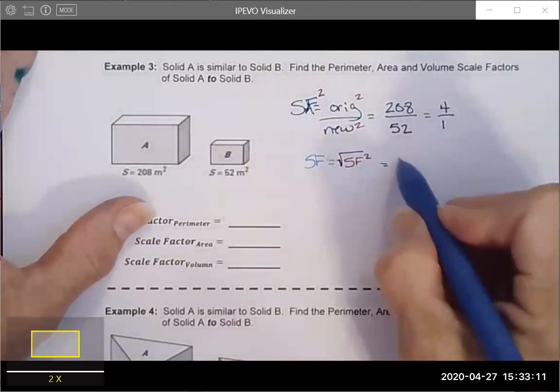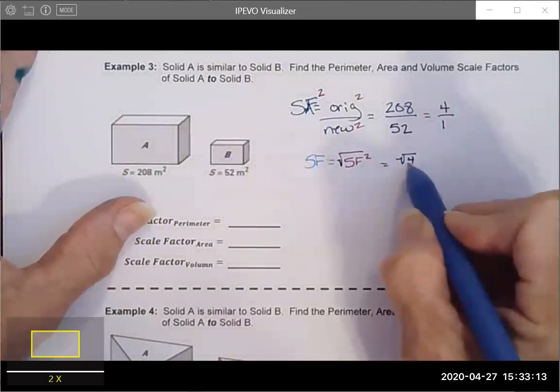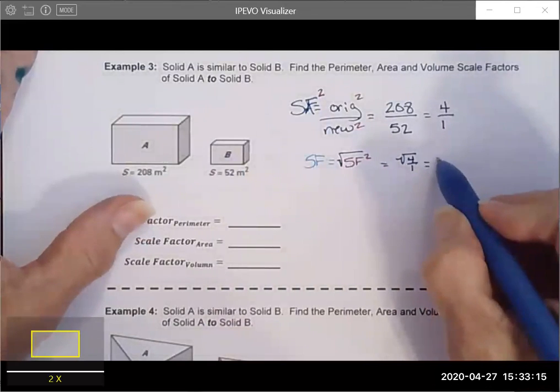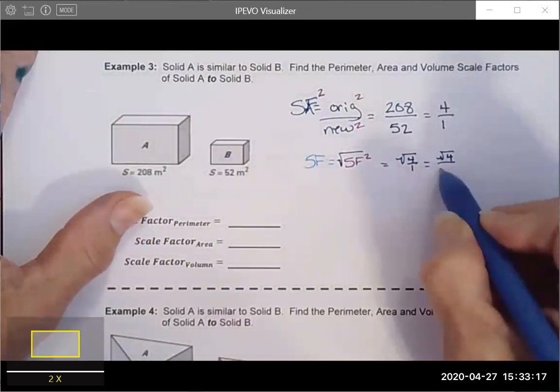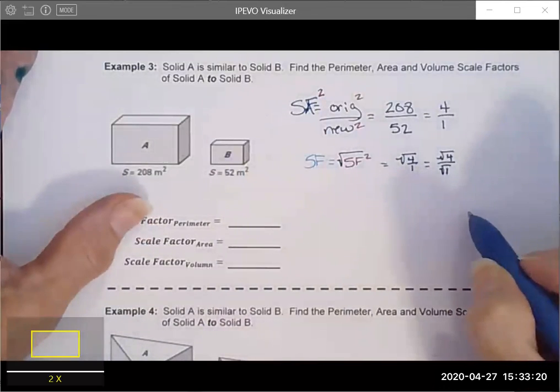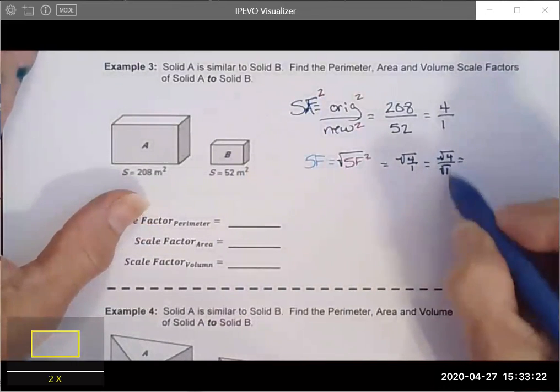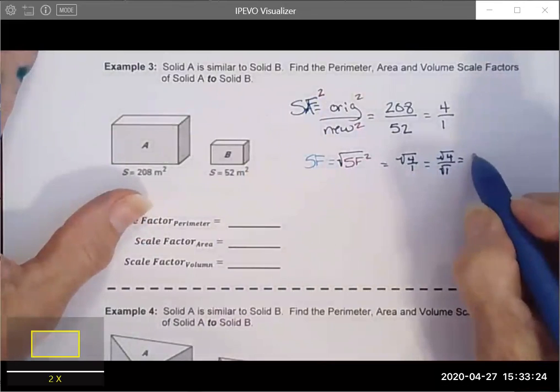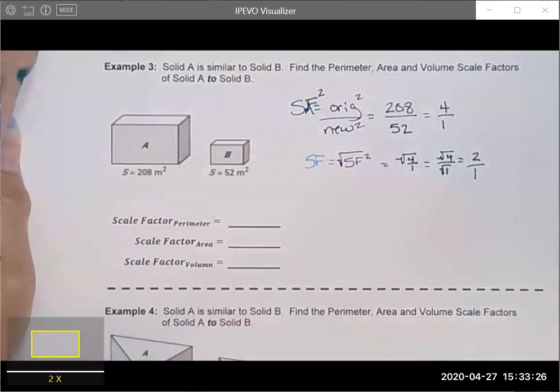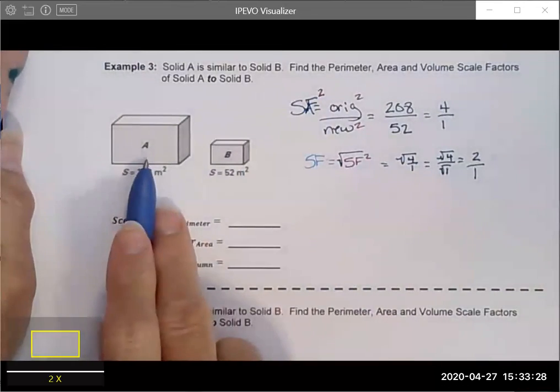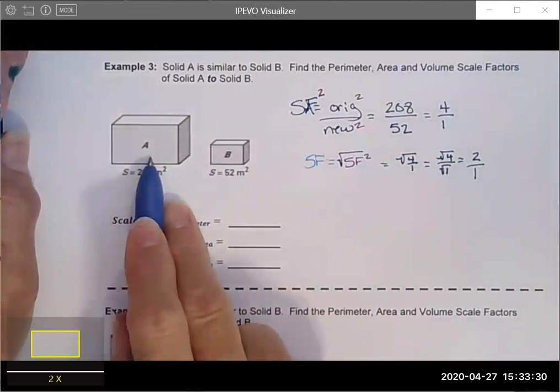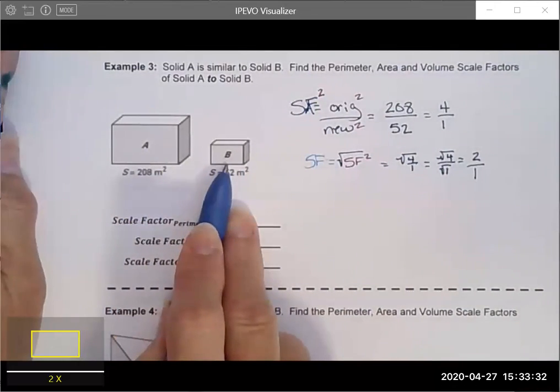I can take the square root of 4 over 1. That's really the square root of 4 over the square root of 1, if we remember our radical operations. Both of these are perfect squares, so I end up with a scale factor of 2 to 1, which means that the surface area of this one is 4 times the surface area of B,